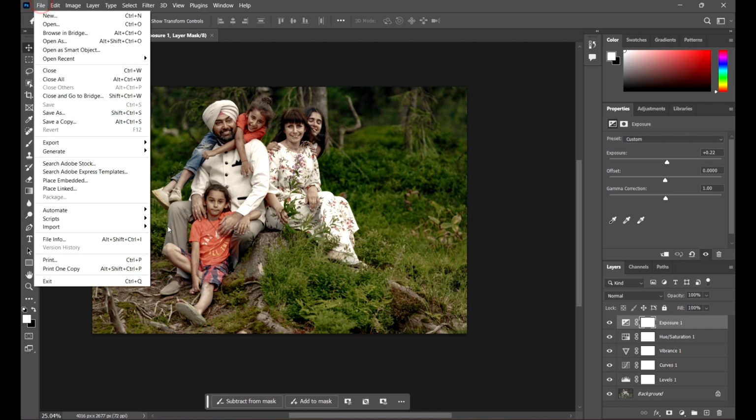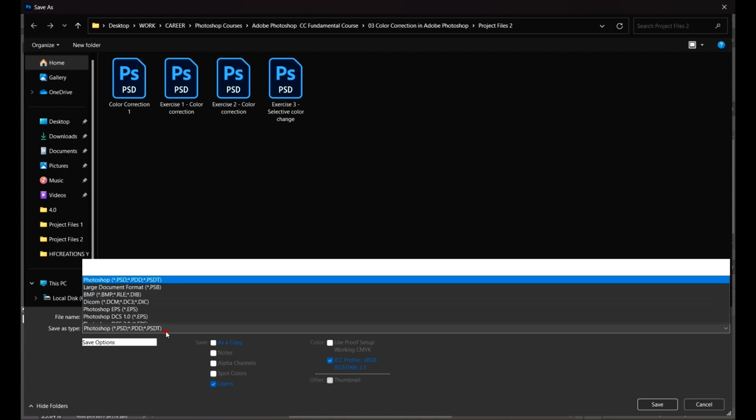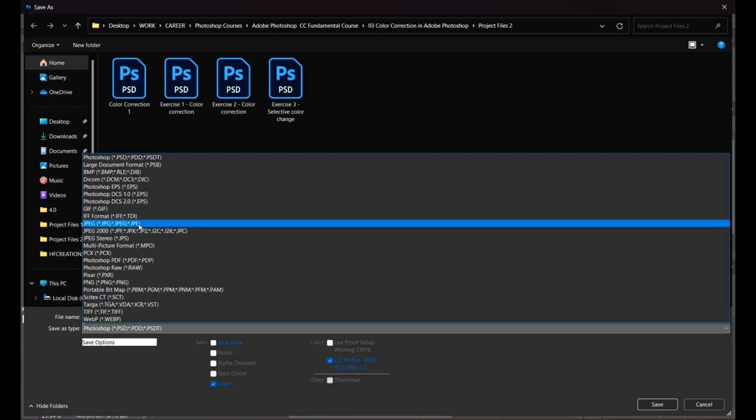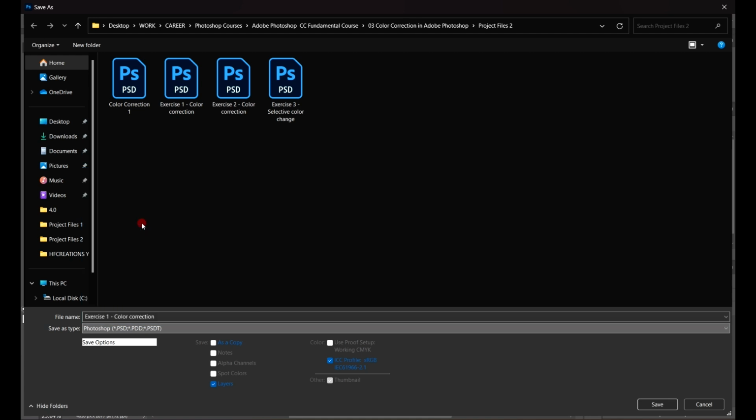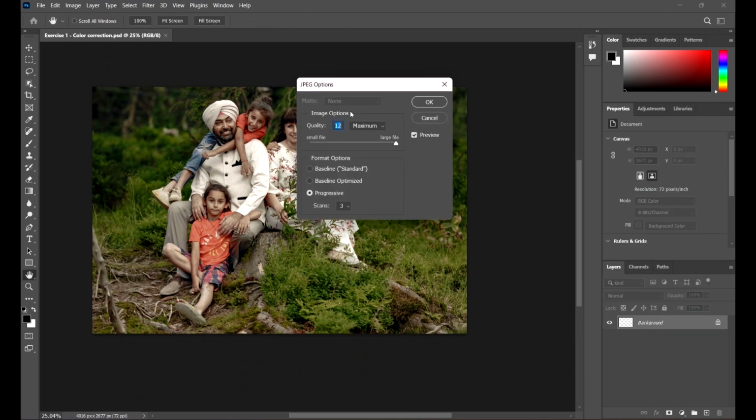Okay, now the next thing we'll be looking at is how to save in JPEG format for print. Okay, so you just come to File and then simply go to Save As. Once more, you're going to choose JPEG. You're going to choose this particular JPEG format, so click and then give it a name, right? So color correction, so exercise 1 color correction. Okay, and let's just say V1 to serve as version 1, and then you hit save